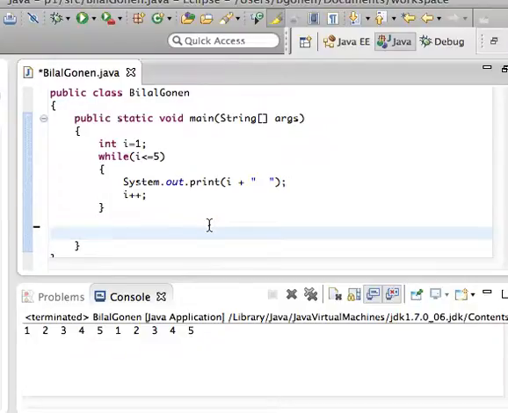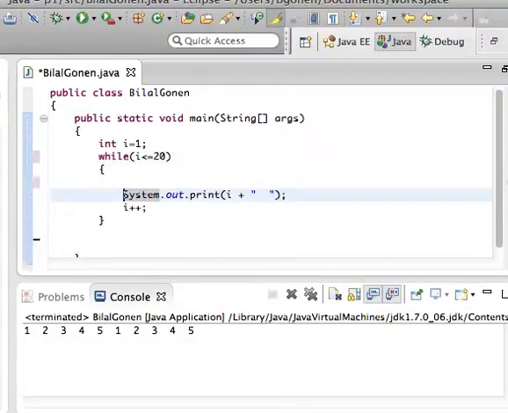So let's write a code that displays from 1 to 20, but we want to skip the multiples of 5. So we don't want to display 5, 10, 15, 20. So we say i starts from 1 and continues as long as it is less than or equal to 20. So display it, but before displaying, we need to have an if statement. We say if i modulo 5 is